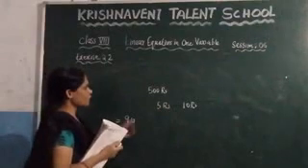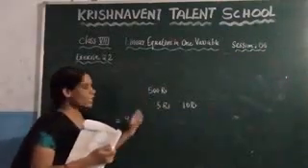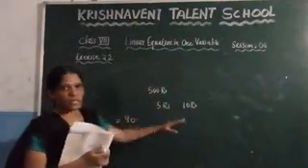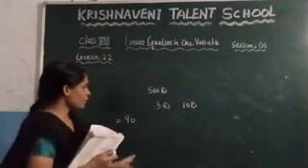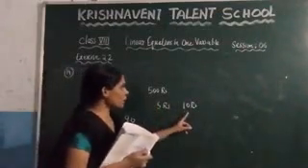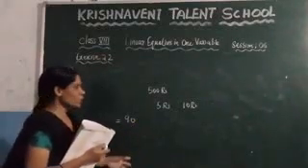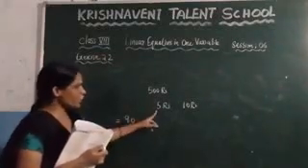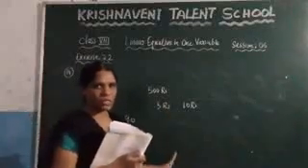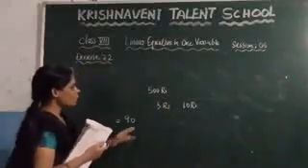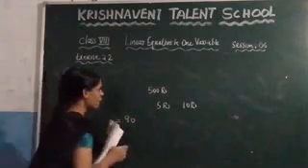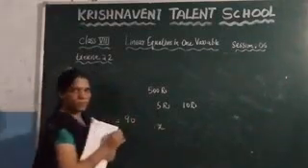Now here what is given here, total 500 rupees is there. In that all are 5 rupee notes and 10 rupee notes, and they have given that this 5 rupee notes and 10 rupee notes together you are getting total 90 notes. But you need to find in this 90 notes how many 5 rupee notes are there, how many 10 rupee notes are there. Now you don't know how many 5 rupee notes are there, let us consider it as x, right?